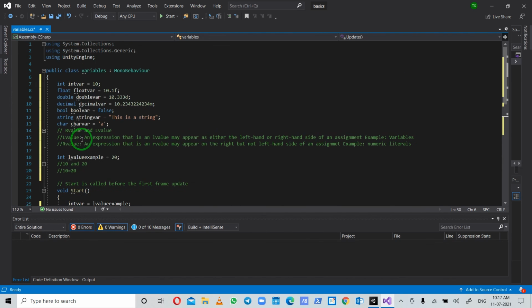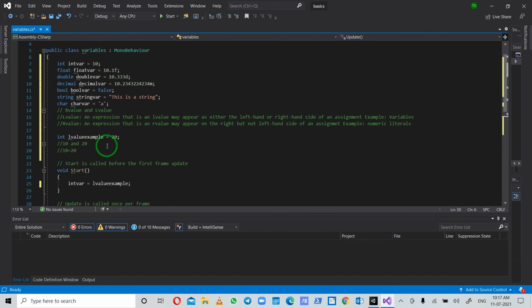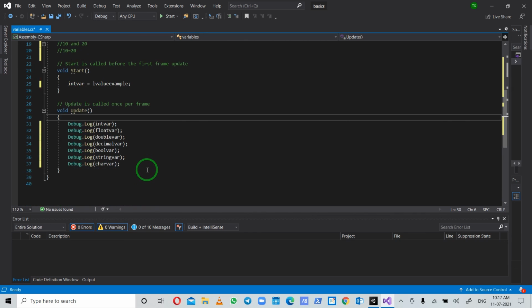That's why, because it's a variable, its value can get changed. So now 10 is not stored in it. I have changed its value to 20.